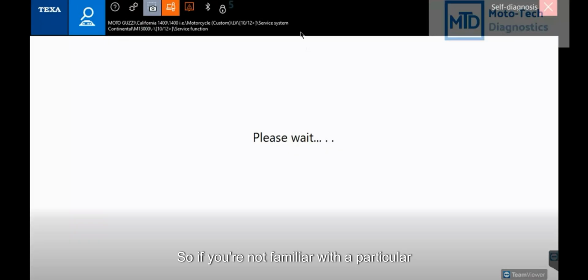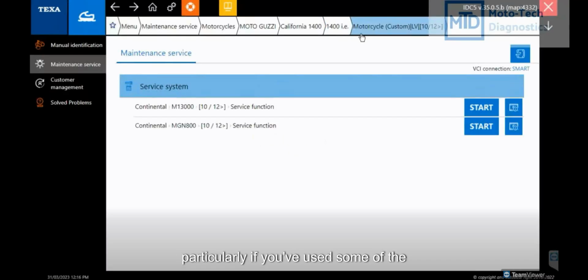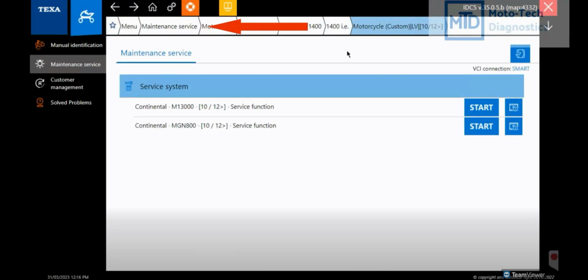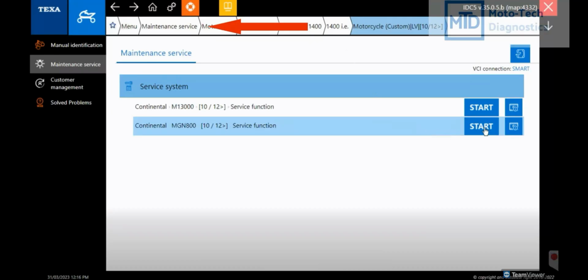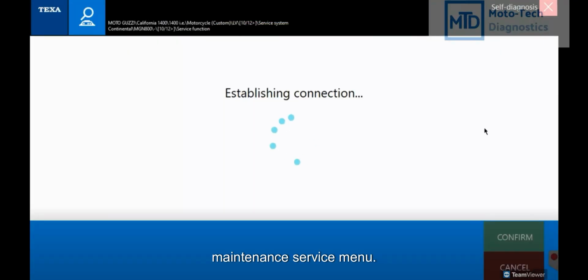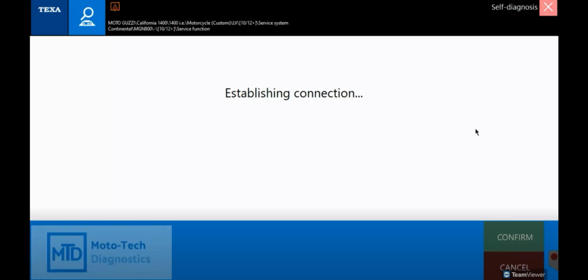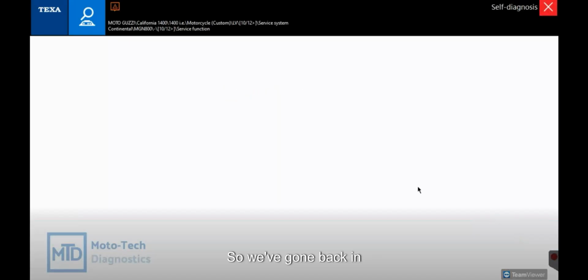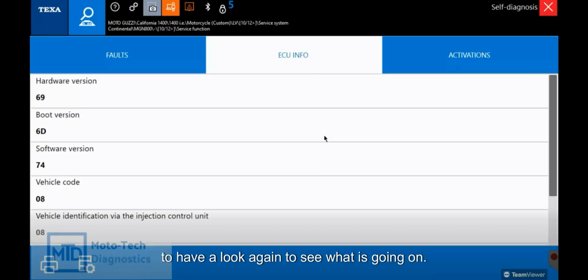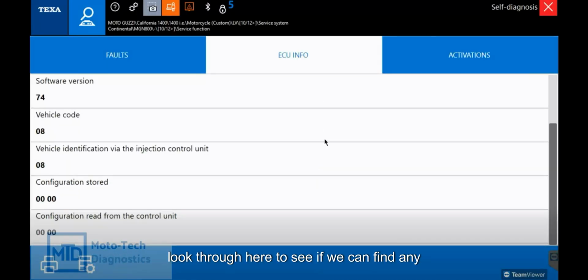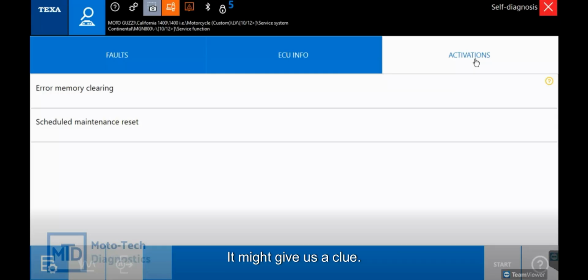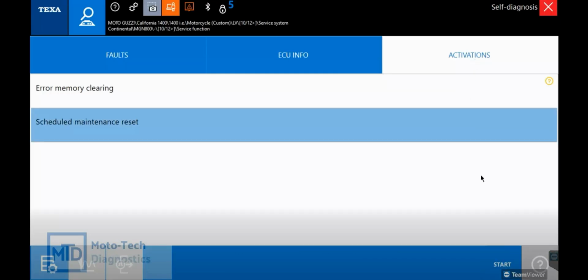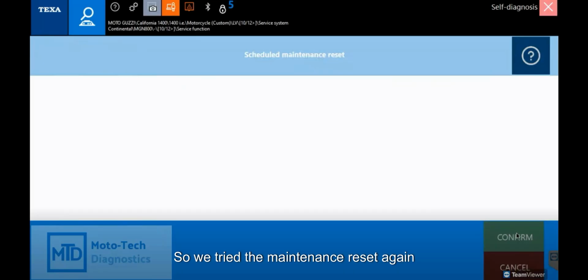If you're not familiar with a particular system, it can always cause issues, particularly if you've used some of the shortcuts we have. We can see in here at the top, kind of address bar if you like, it's been shortcutted direct to the maintenance service menu. So we've gone back in to have a look again to see what is going on. We're just having a quick look through here to see if we can find any other information that might give us a clue. So we try the maintenance reset again,